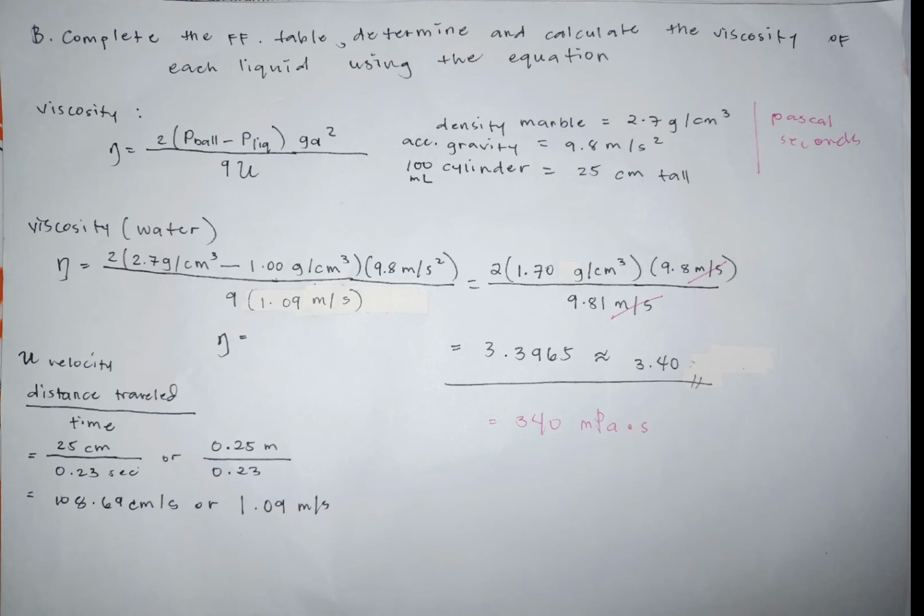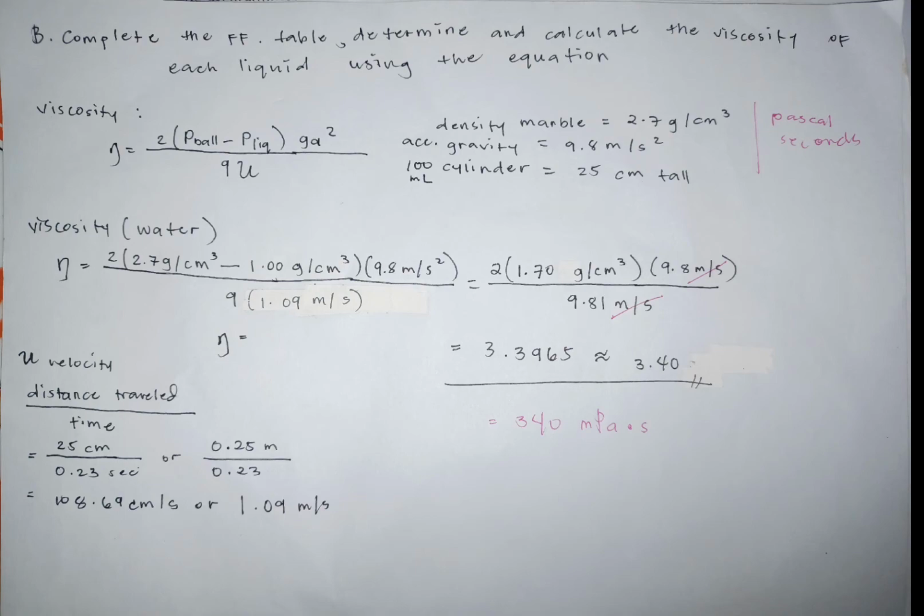Then we have to substitute our given values into our formula, wherein 2 times 2.7 grams per cm cubed, which is the density of our marble, subtracted by 1 gram per cm cubed, the density of our liquid, which is the water, times our acceleration due to gravity, which is 9.8 meters per second squared, all over 9 multiplied by our velocity. So in order to look for the velocity, we only have to divide distance traveled over time, which in our case for the water is 0.25 meters over 0.23 seconds. So our answer here would be